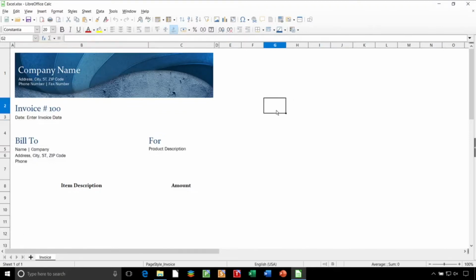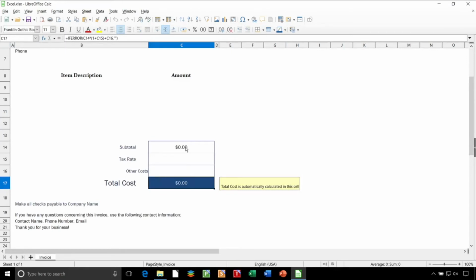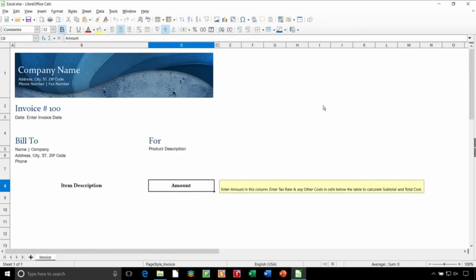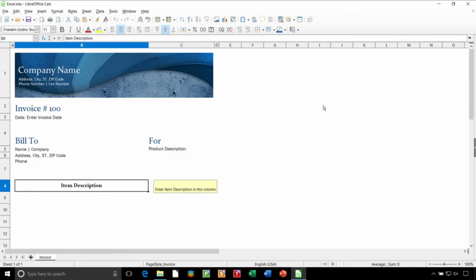Look at what happens to the formatting in LibreOffice. Now, the formula is there, but the formatting of the table is not, for this particular template. Of course, in any of these alternatives, you can go ahead and change the formatting. You can make this look just like it does in Excel. But notice how these minor differences matter,